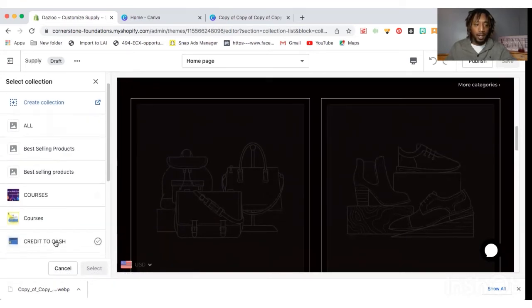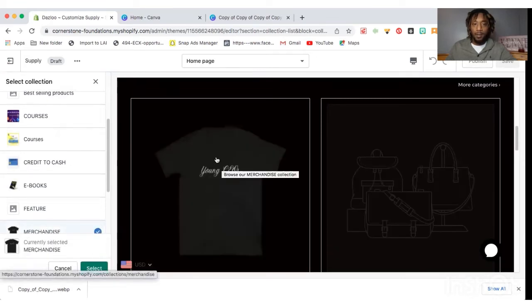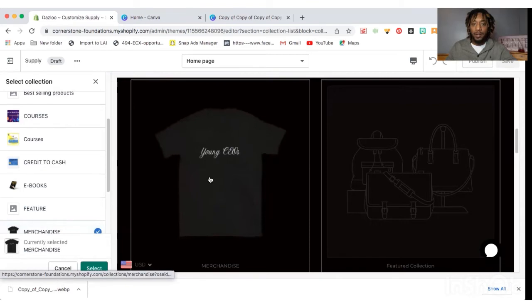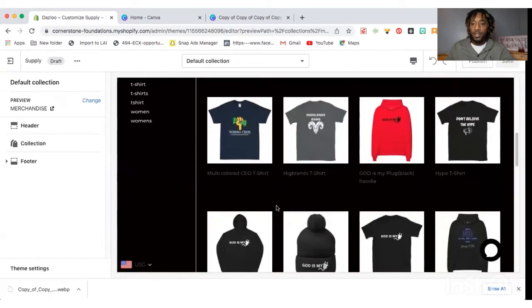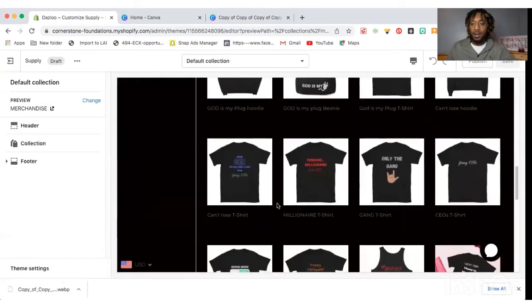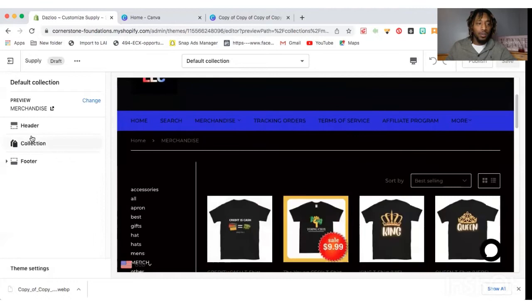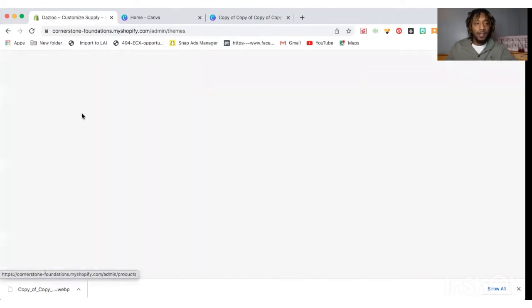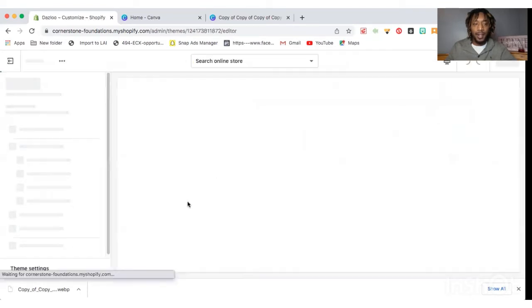So for instance, in my merchandise collection, if you click on that, it would take you to all of the merchandise, right? The t-shirts and hats and hoodies, etc. So you can really detail your websites using Shopify in the customizer that they have.